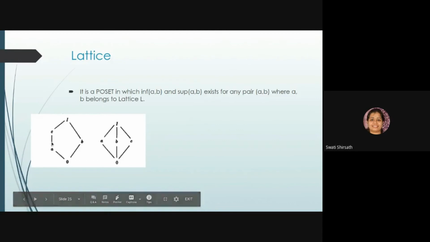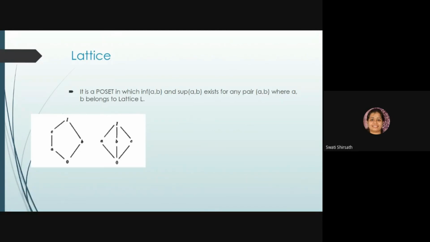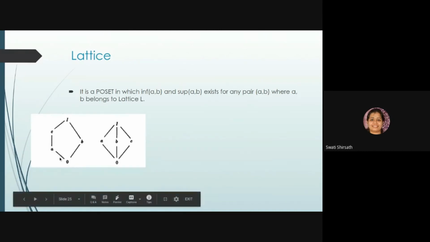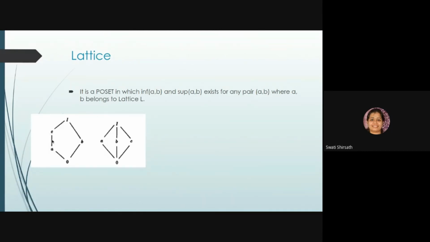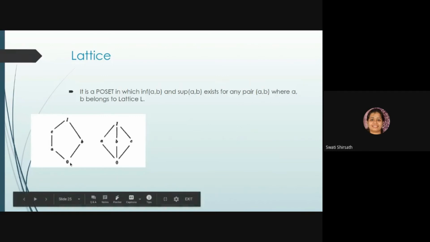One more thing I forgot to tell you. When you are looking for the relations, we go in the upward direction. A to C is there, and C is connected to L, so C to L is also there. But in the downward direction, if you come from C to 0, somebody might say that yes, C is also connected to 0. No dear, it is not possible, because this diagram is growing in the upward direction. You are not allowed to come down.